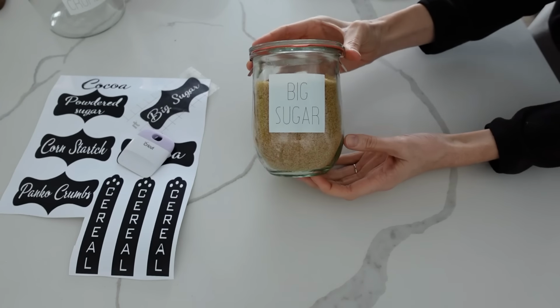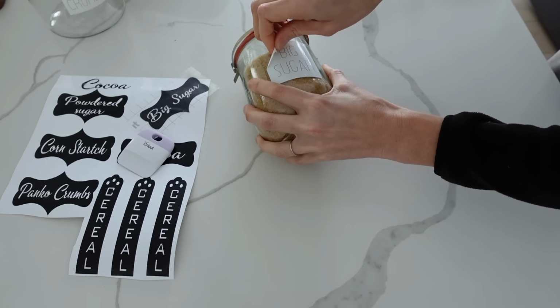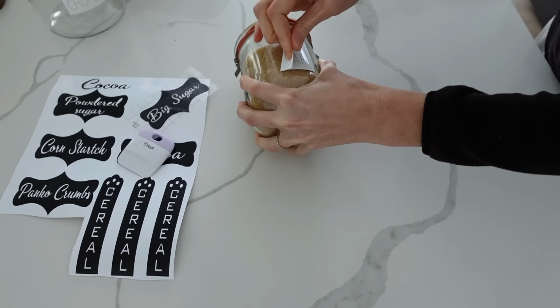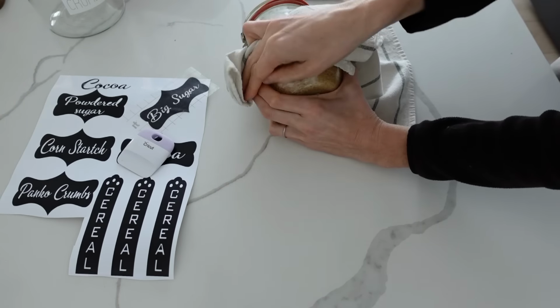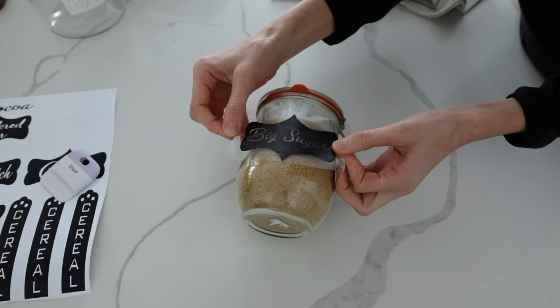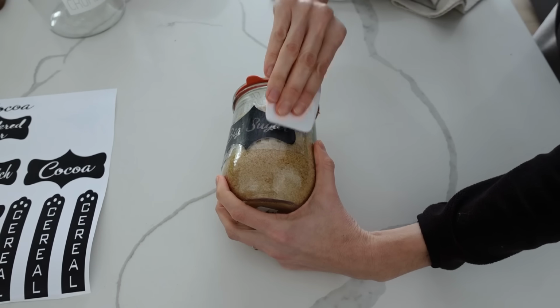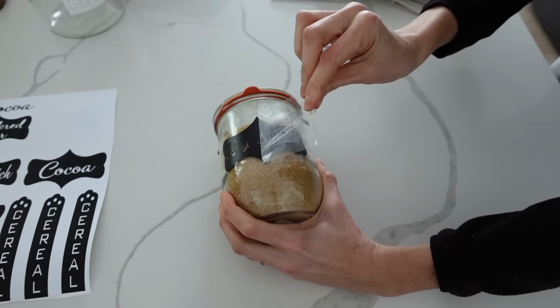So this is what the old style label looked like that I did last year, and I like them still, but I kind of wanted a bolder look for the pantry right now, and so I peeled that off, cleaned the surface, and then I went ahead and stuck my new one on. Tried to make sure there was no air bubbles in it. If there are, you can just slowly work those out, no biggie at all,